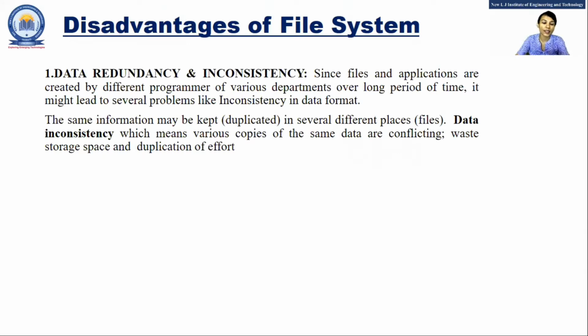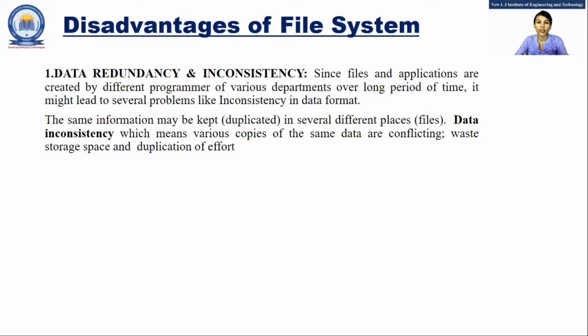So what are the disadvantages? In file management system, there is data redundancy and inconsistency. Redundancy means the repetition of data, and due to repetition of data, we get inconsistency. Suppose there is data of students. Suppose there are 10 different faculties, and all 10 faculties are going to teach one particular class. So all 10 faculties will manage the details of the students. Suppose there are 40 students in the class, so all faculties will manage their 40 students' records